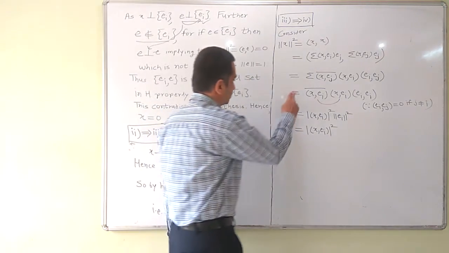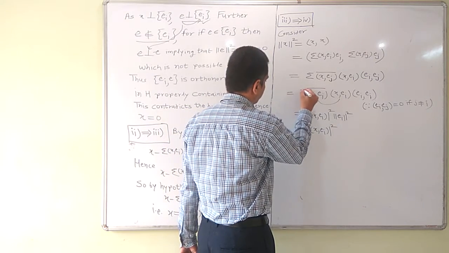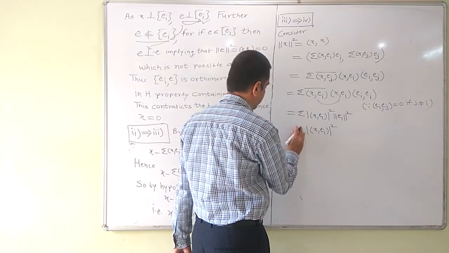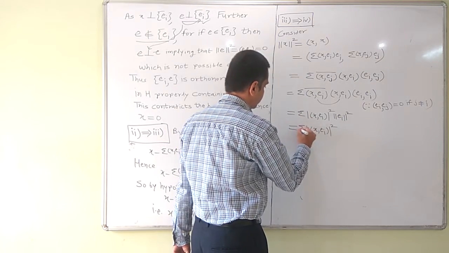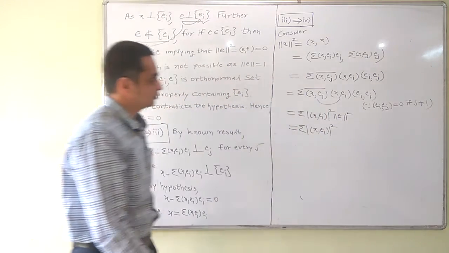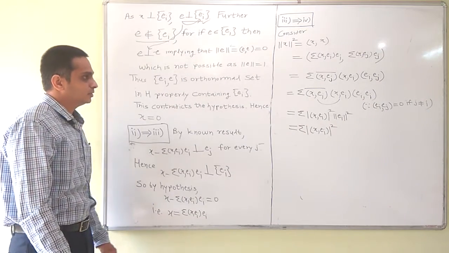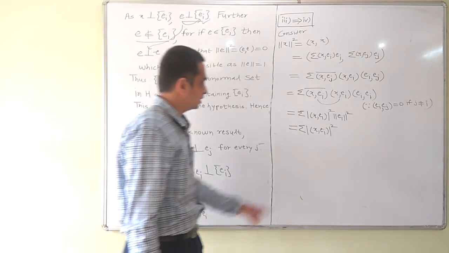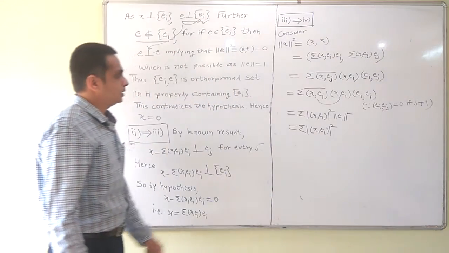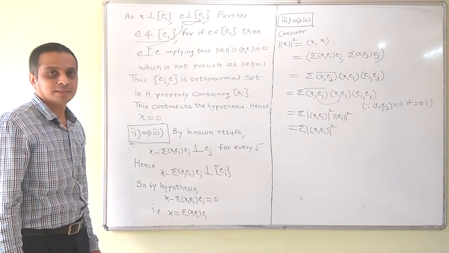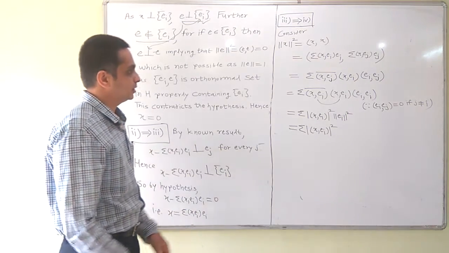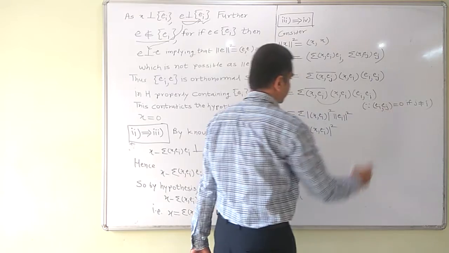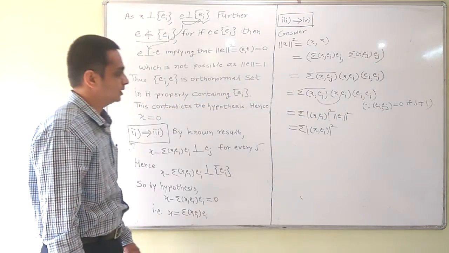I made a mistake here and I should have written it in this fashion. Yes, that is going to be correct, because i and j run over all possible indices of the set. So that's why this is true. So this is equal to summation mod x ei square, and this is what we wanted to prove. So all these terms will be 0 except when j is equal to i, and that's why it gets simplified.